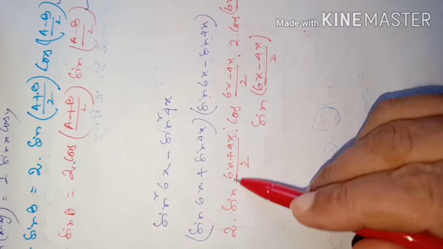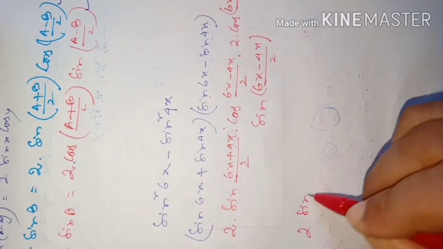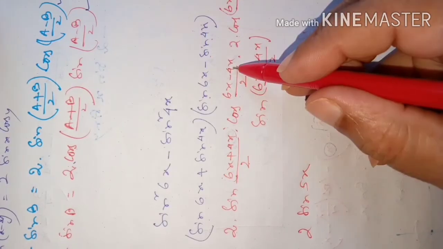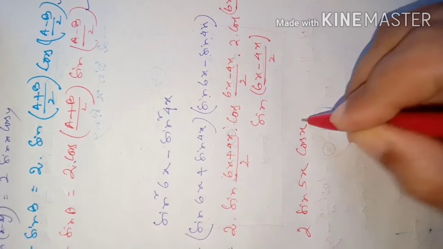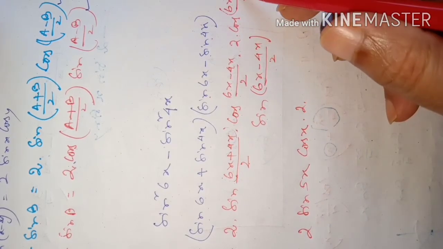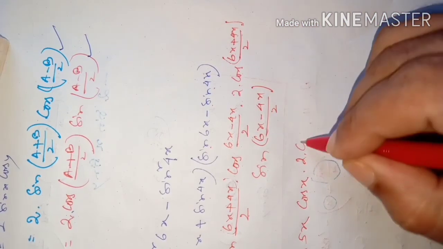This is sin 10x by 2, that is sin 5x. So it will be 2 times sin 5x, then cos of 6x minus 4x is 2x, divided by 2 is x, so cos x, into 2 times, again, cos of 6x plus 4x, 10x by 2 is 5x, cos 5x,